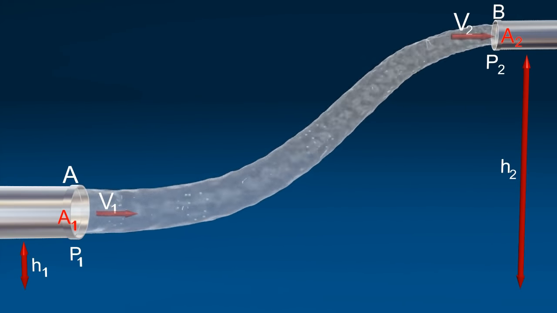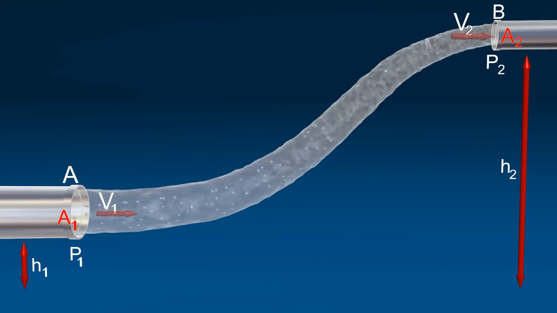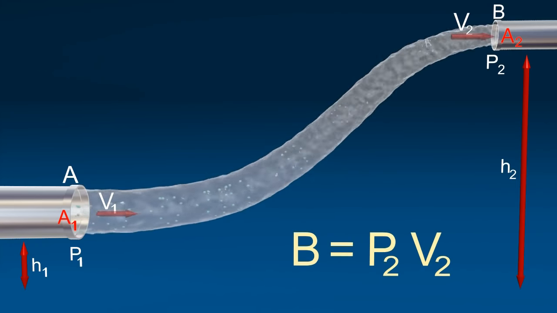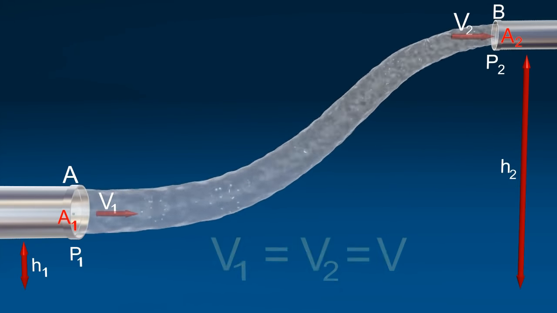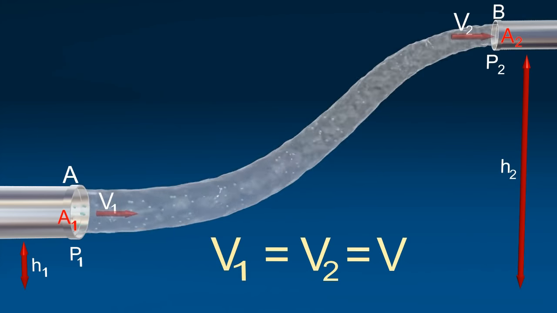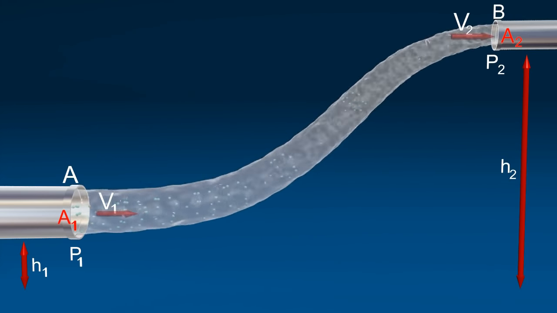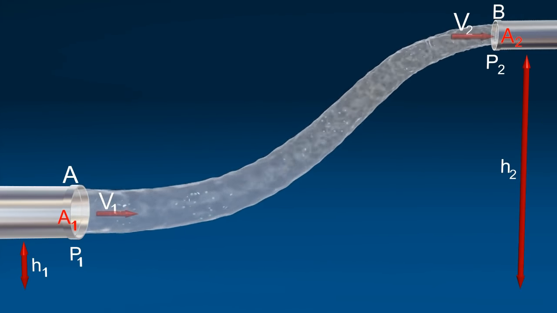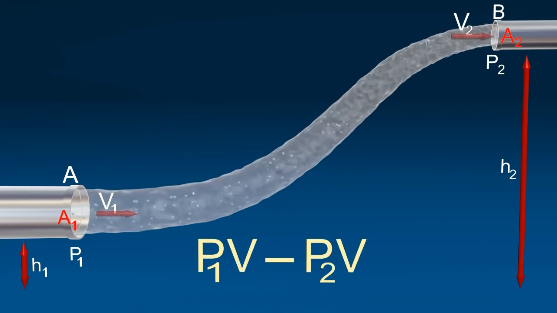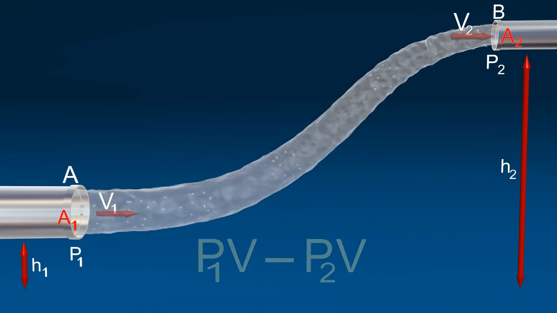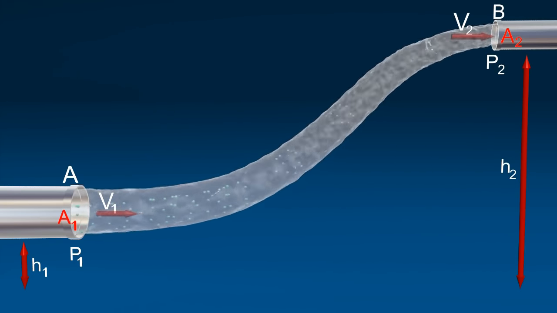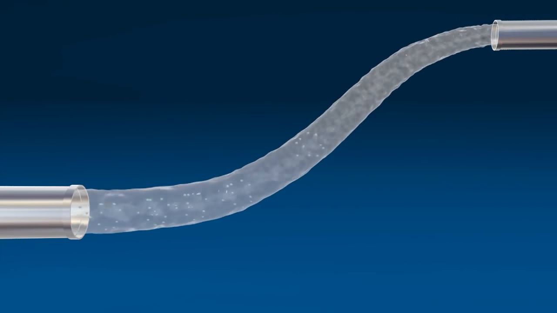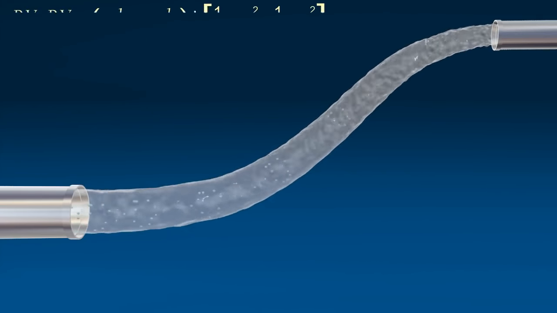Now, the work done per second on the liquid at section A and at section B. V1 equals V2 equals V, by the equation of continuity. Net work done equals P1V minus P2V. The net work done per second is equal to the increase in potential energy and kinetic energy per second from A to B. According to the law of conservation of energy,